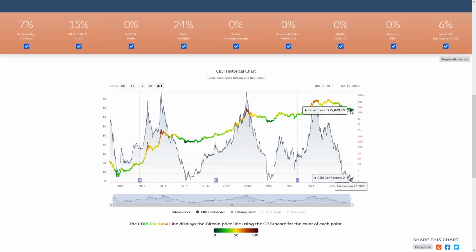Right now we could begin to get excited and say that this is the bottom, but we do need to see certain things in the chart. So I'm going to remind you of those, okay? And if we see them, then I'll have to tell you that the bottom's in at that point. But until then, we have to be careful here because there is a potential that this could go again,